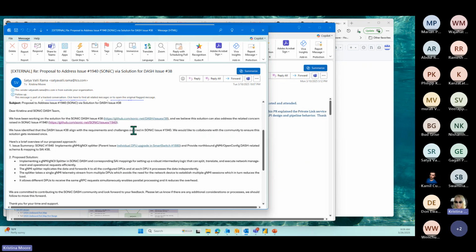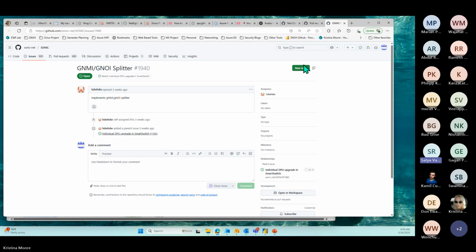Yeah, sure. In SONiC, we saw an open issue, 1940, about a gNMI and gNOI splitter. The parent issue for this is individual DPU upgrade in smart switch, under 1880.